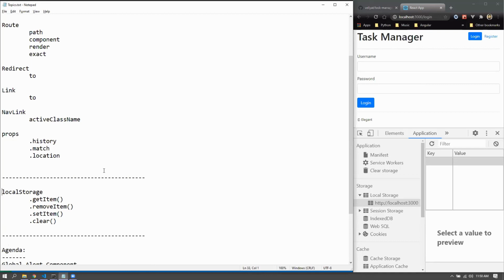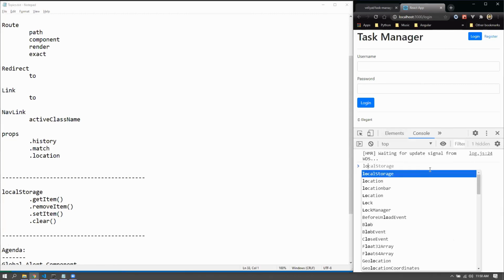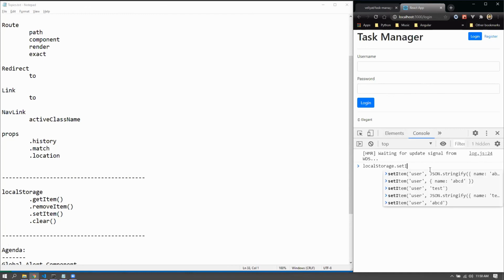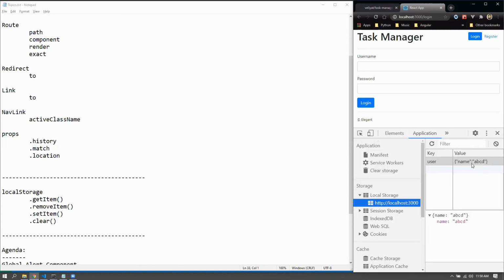So when the user logs in, I would like to set it inside the local storage, because what happens is if you set something inside the local storage, like for example, local storage dot set item, and if it is an object, I'd have to stringify, because local storage doesn't accept objects itself. It just accepts strings. So if I, for example, have something like this, user, JSON.stringify, name abcd, then what would happen here inside the local storage is you'd get the user like a JSON string, and even if I close my browser and if I open it again,